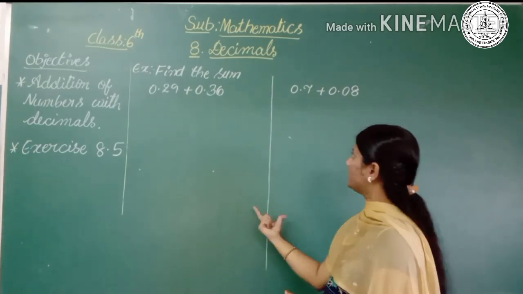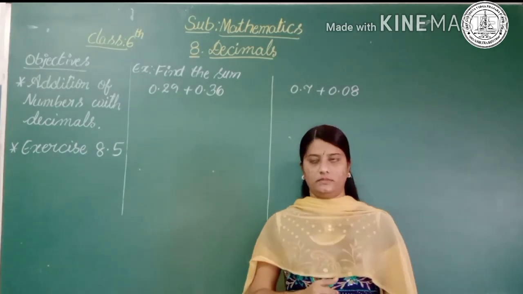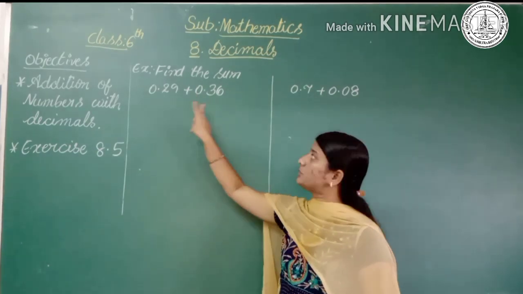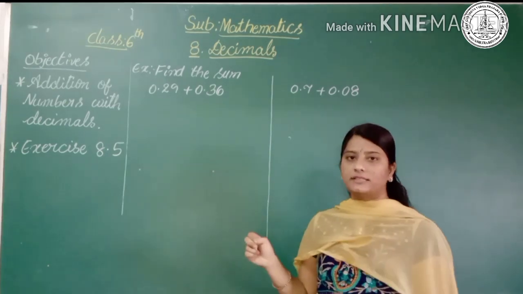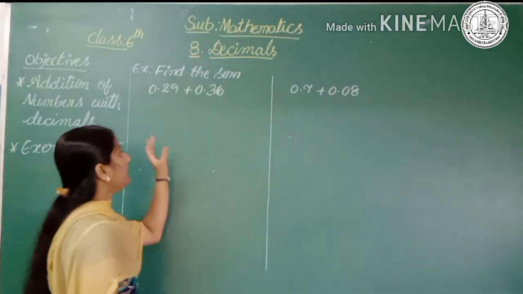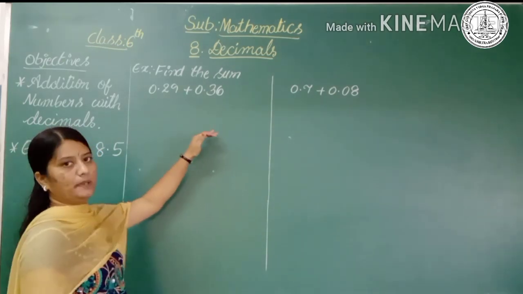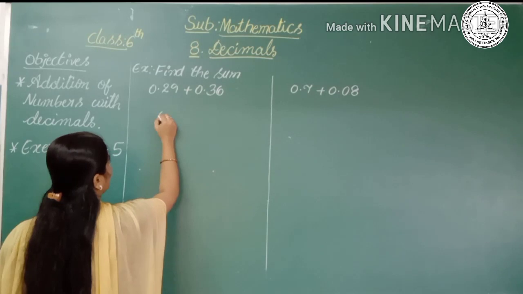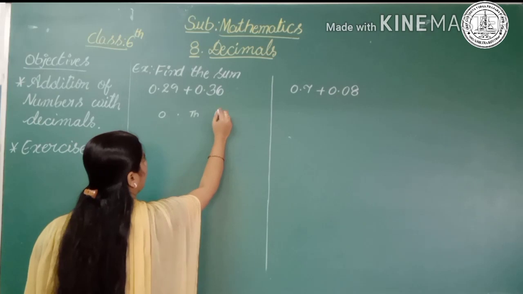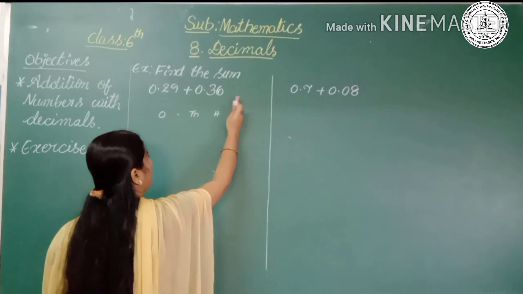So here I have taken two examples, and in the previous class we learned about like decimals and unlike decimals, right? You can observe here these two decimal numbers have the same decimal places, so these two are like decimals. While adding like decimals, we have to write according to their places. First I will write the ones and point, then the tens place and hundreds place and thousands place. Here there is no thousands place, so no need to write it.